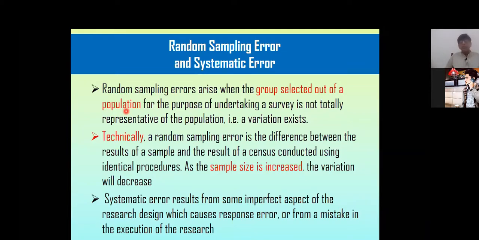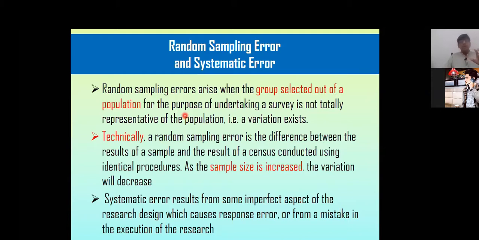But due to some limitations, financial limitations and time limitations, we cannot cover the whole population. So when we are unable to cover the whole population, definitely we have to go for a sample. Sometimes our sample is not fully representing our population. For example, our population is only the literate females in the circle. Sometimes it is very difficult to find these literate females, so we are compelled to also take responses from semi-literate or illiterate females who are living in the circle.